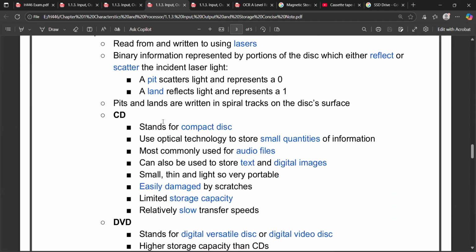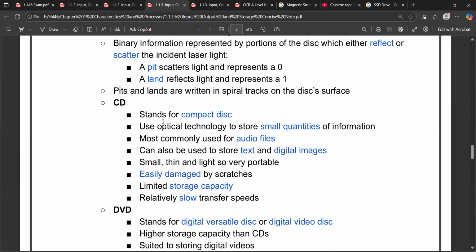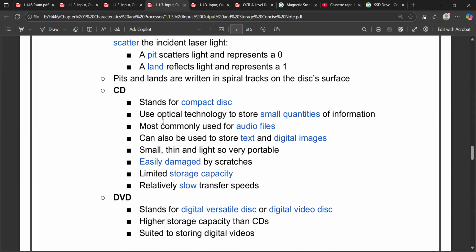The first category of optical device is CD. It stands for compact disc. It uses optical technology to store small quantities of information. It is commonly used for audio files, text files, and digital images. It is small, thin, portable. It is easily damaged by scratches, and it has a limited